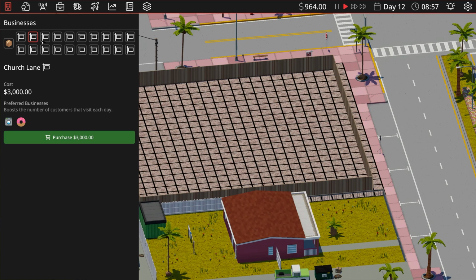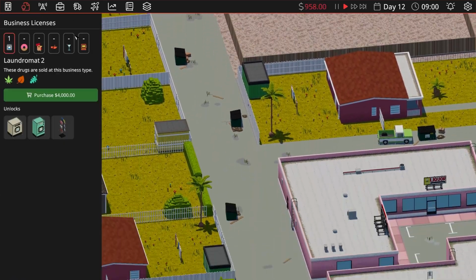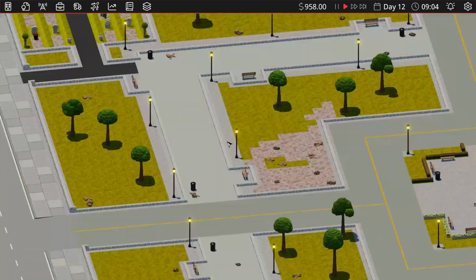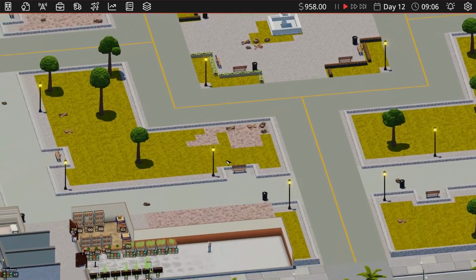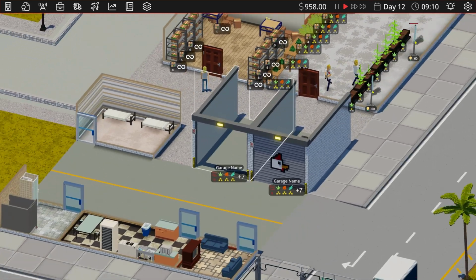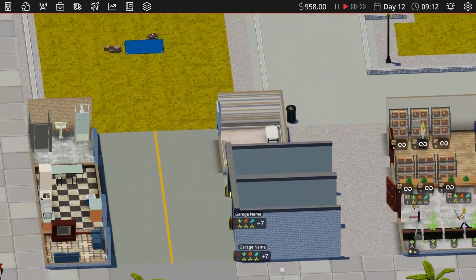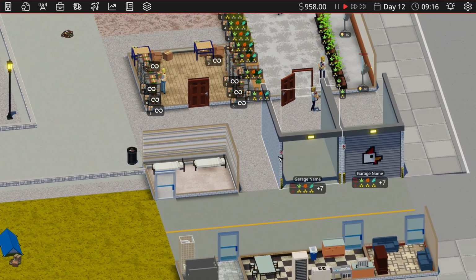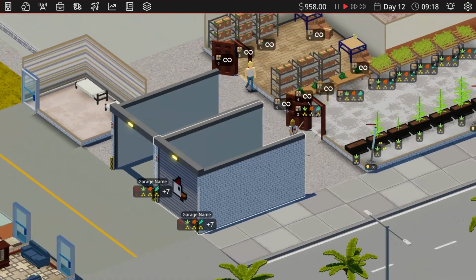Probably will do this plot of land, but we haven't got $3,000. But, you know, guess we'll keep saving for now. I think it's a bit better with less employees. It makes more sense for now. And we can't actually get this out fast enough, so I might rearrange this setup. Move the bedding situation and just stick another garage here, because...